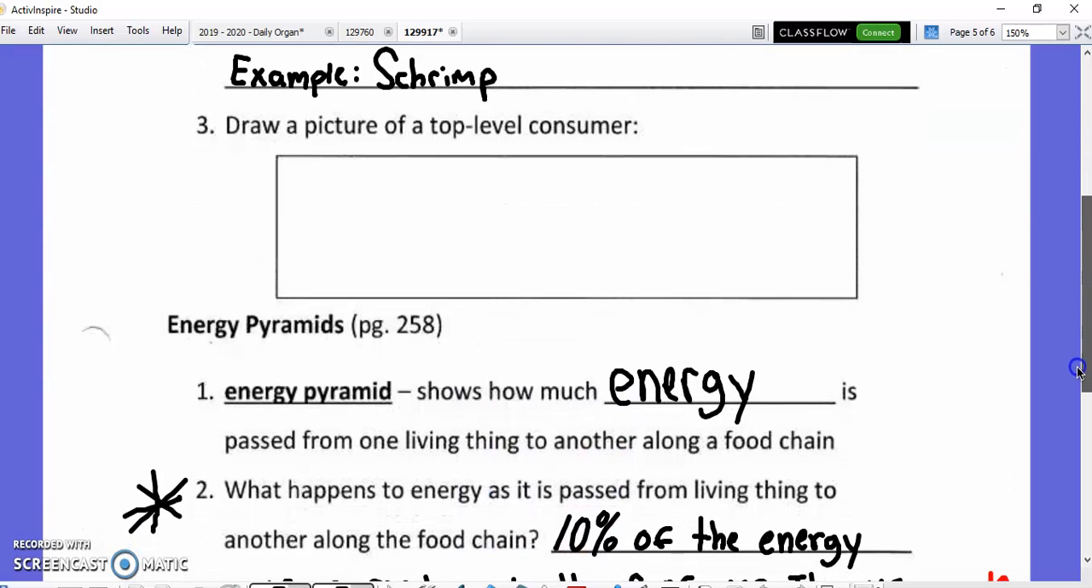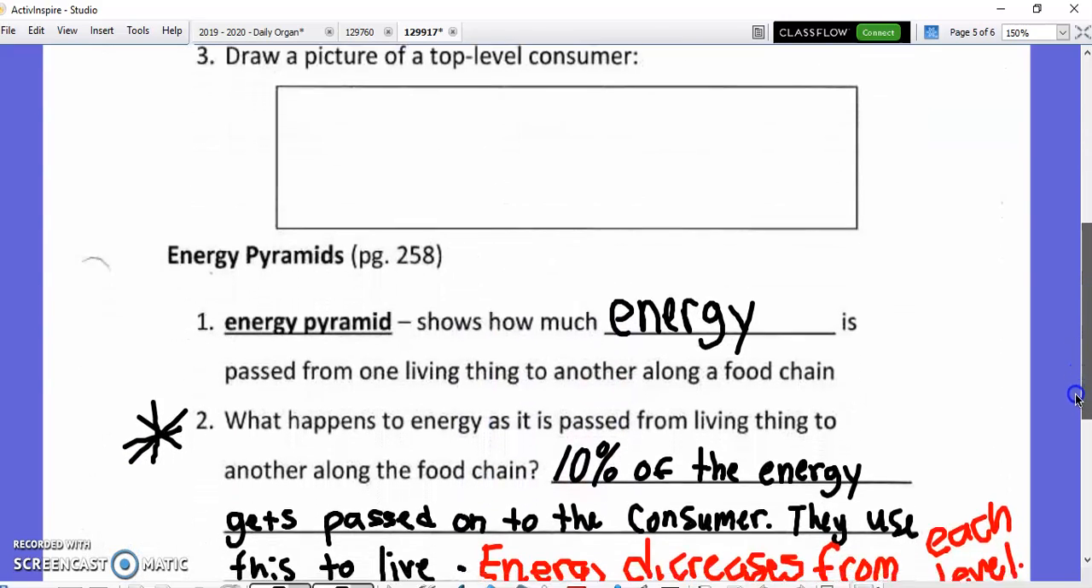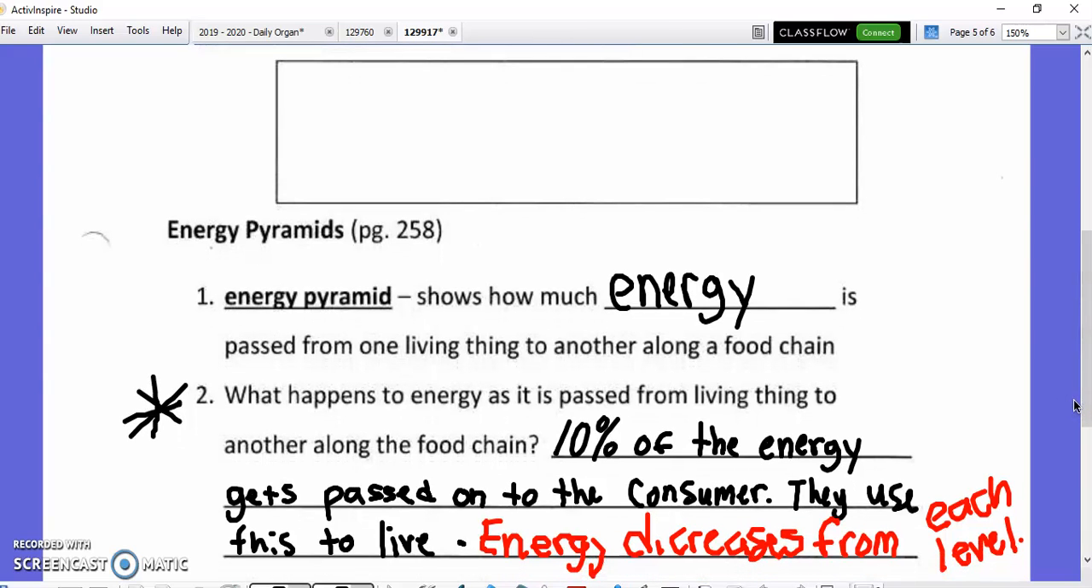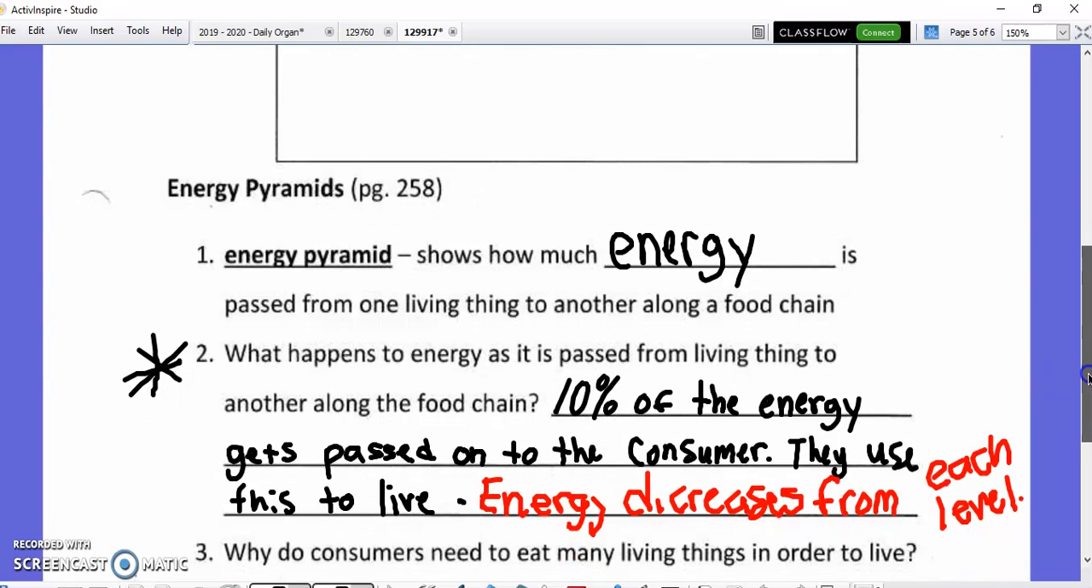This then leads into an energy pyramid. This shows how much energy is passed from one living thing to another along a food chain. And what happens to the energy as it's passed is it decreases at each level. So you only have 10% of the energy that is originally there for the first-level consumers. And then each other consumer that eats the one before it decreases the energy that goes along in the